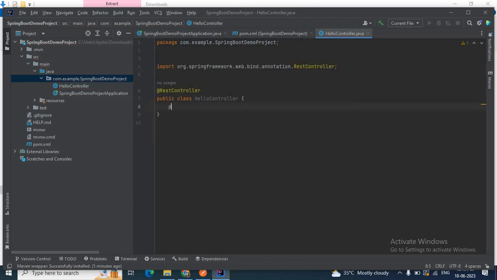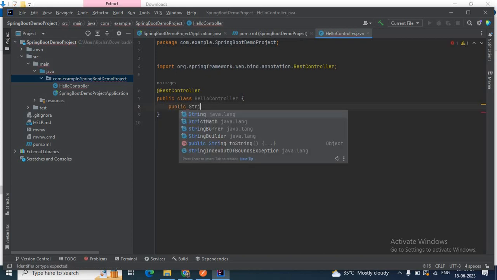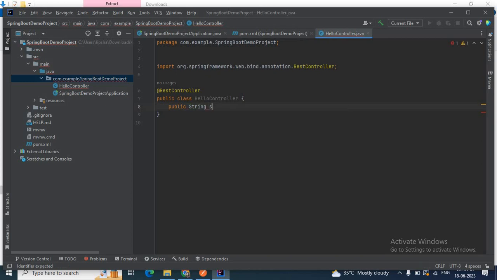Then I will just add one simple method here. Public String sayHello. Okay, so this is my method. I will return one string from this method, hello world.